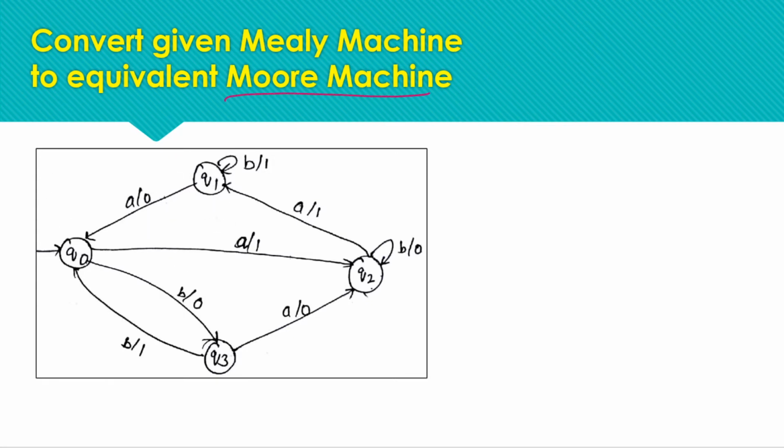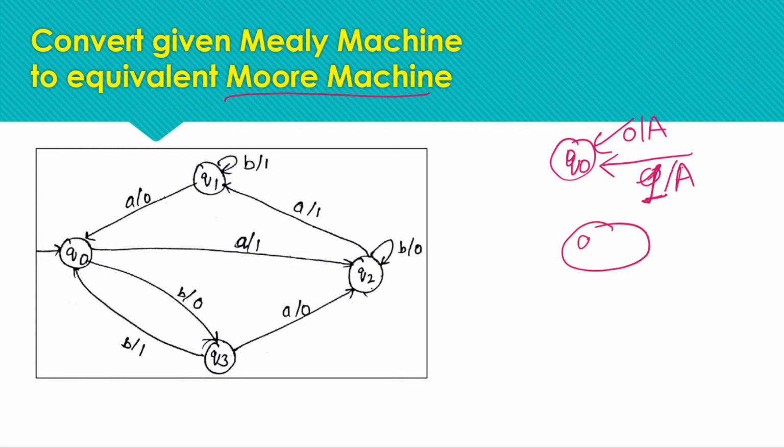As we have already practiced, for every Moore machine we can have only one output corresponding to one state. So let's check for this condition. If for a state Q0 we have two incoming transitions and both have the same output, then we can simply convert Q0 to one state in the Moore machine with that one output. But we have to check this condition for all the states of the given Mealy machine.